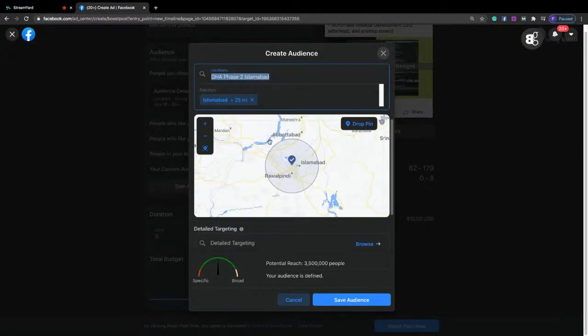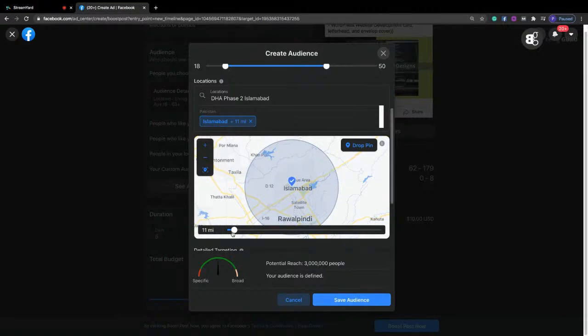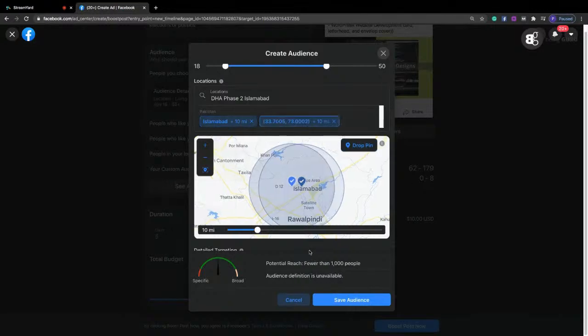And now I can reduce the radius of the audience. So I'm going to restrict all the way to 11, and that's it. 10 maybe. 10 miles. Drop pin. Where can I drop pin here? It works fine on mobile phone, not on